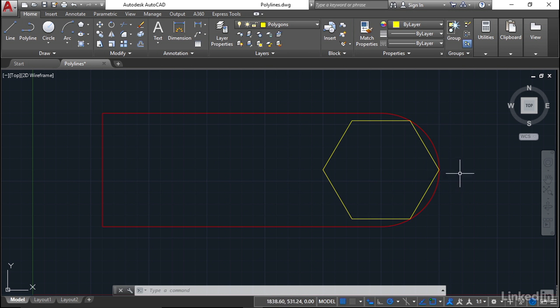Now, last but not least, we're going to have a look at splines. So I click on the layer drop down and set it to splines. Now, splines are basically irregular curves that follow a group of control points. And they use a thing called NURBS, N-U-R-B-S, Non-Uniform Rational B-Spline, is the actual mathematical algorithm that AutoCAD uses to